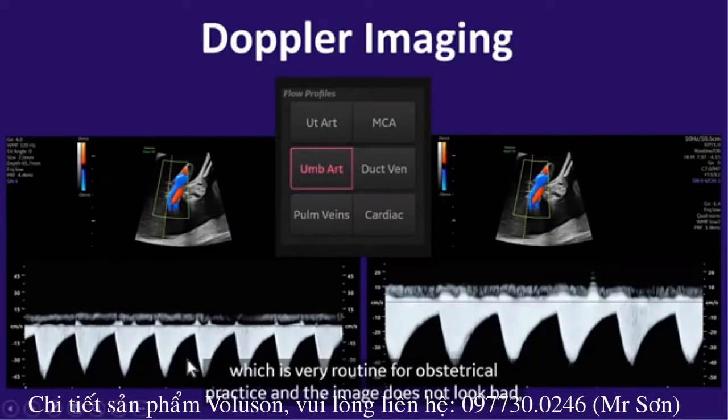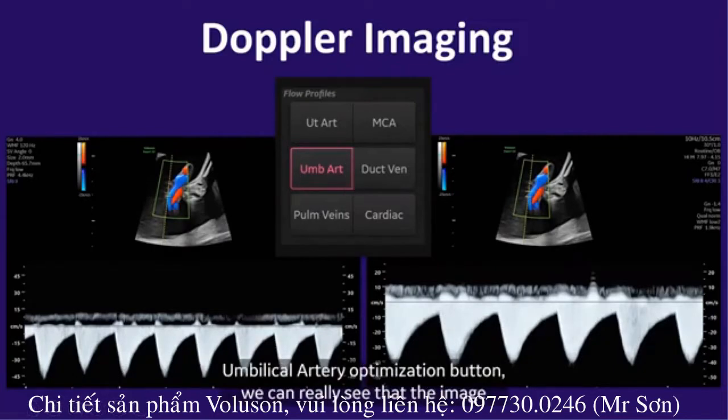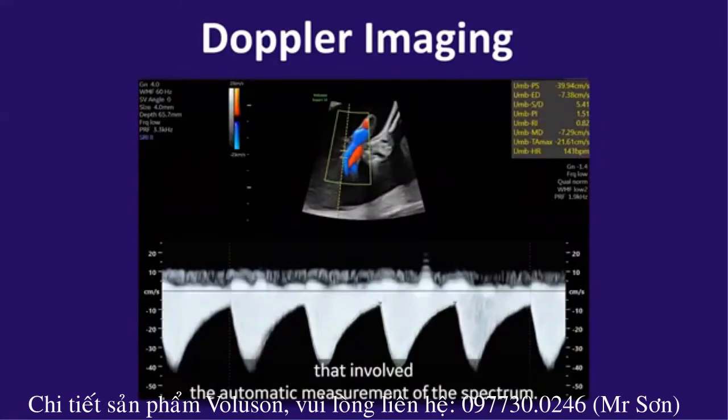And the image looks not bad, but by pushing this umbilical artery optimization button, we can really see that the image can be significantly improved. You can visualize here that the sweep speed was adjusted, the position of the baseline, and the spectrum looks cleaner. That also has an advantage that involves the automatic measurement of the spectrum and those parameters that we're really